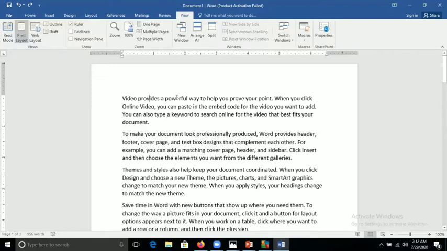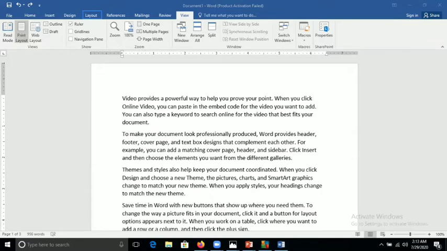But if I want to change the margin, there is one tab, the Layout tab. Which tab will we use? Layout. So firstly we will click on the Layout tab.